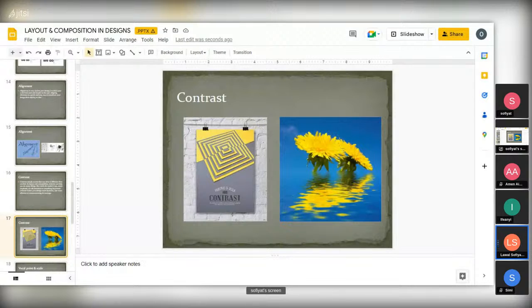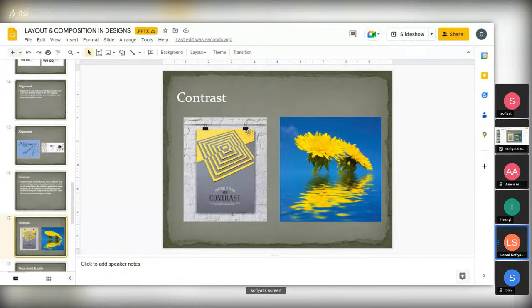When you are using two different shapes, you are doing a contrast there. From this one, you can see that this is a color and this is another color. That is a contrast.